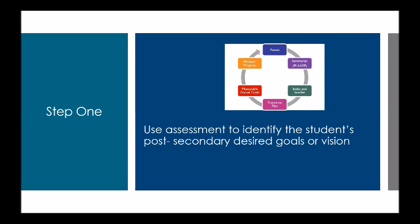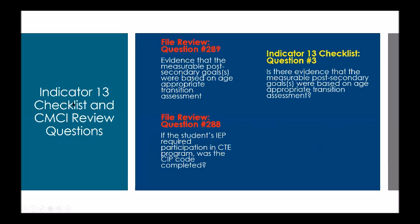So in step one, we talked specifically about transition assessment. Transition assessment is needed to identify the student's post-secondary desired goals or vision. And so we're thinking along the lines of what different types of information do we need to gather to get that information. When we look at the Indicator 13 checklist and the cyclical monitoring file review questions on the next slide,